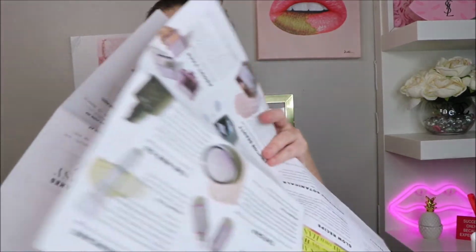Okay, next, oh, and then here are the shade names on the little plastic insert, which I don't like, but whatever. $58 and you can't even put the shade names on the eyeshadows? Alright. Okay. Next, we have